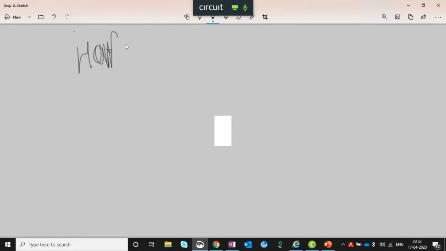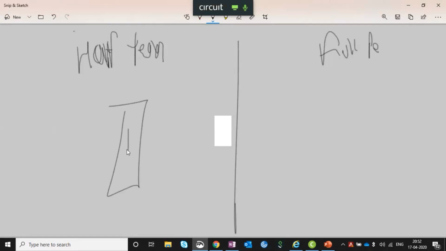Half proxy. And what is a full proxy? So what happened with the half proxy is, here is a proxy device, here is a client, here is a